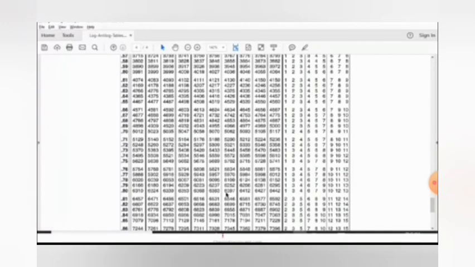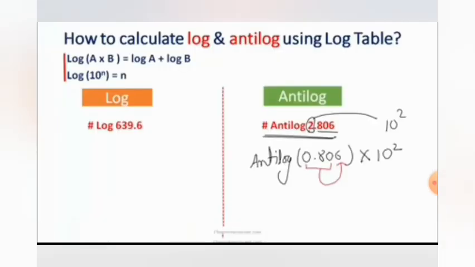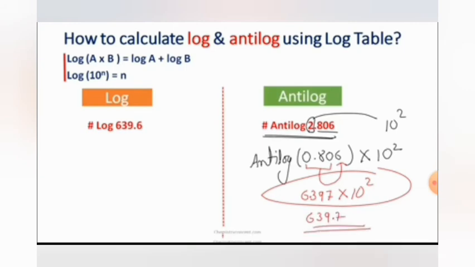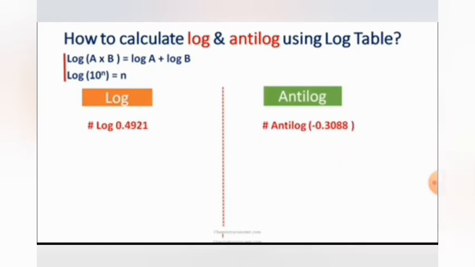0.80 is taken from the antilog column, selected that number, and the value corresponding to 6: take 0.80 first, move across, and take the value from the 6 column, that becomes 6397, and also the mean difference value from the 6 column, that is no mean difference here, and the value is 639.7. Okay, and that is the value.